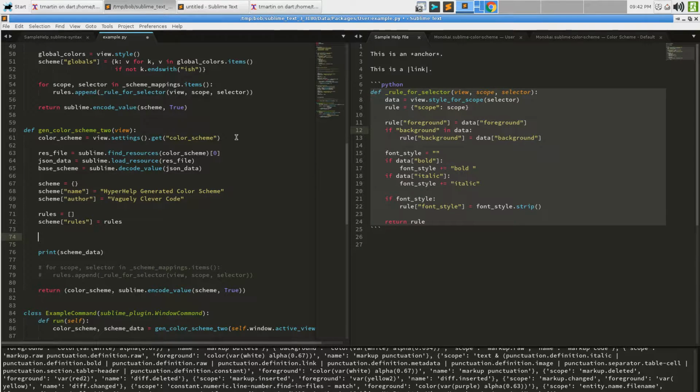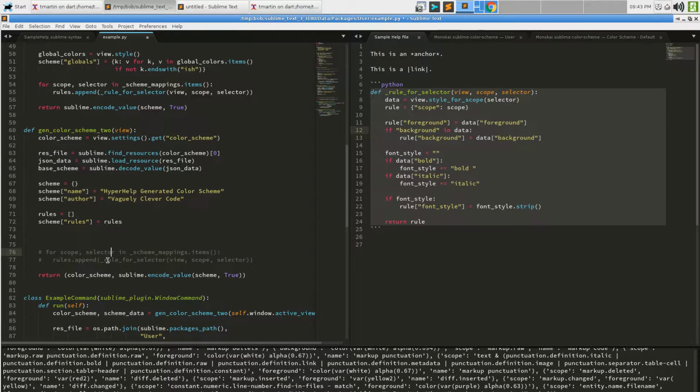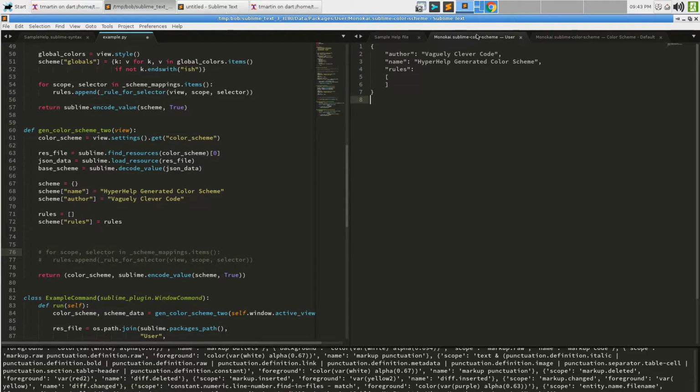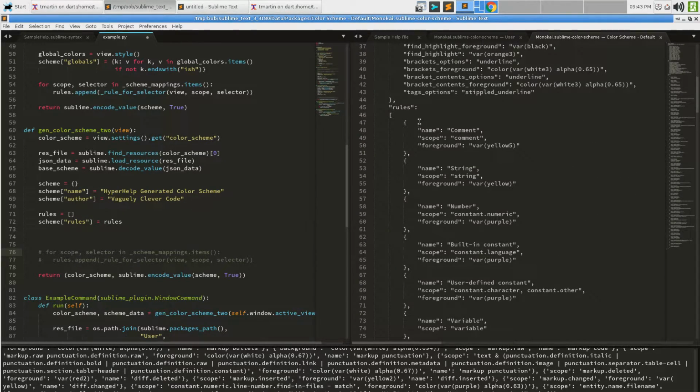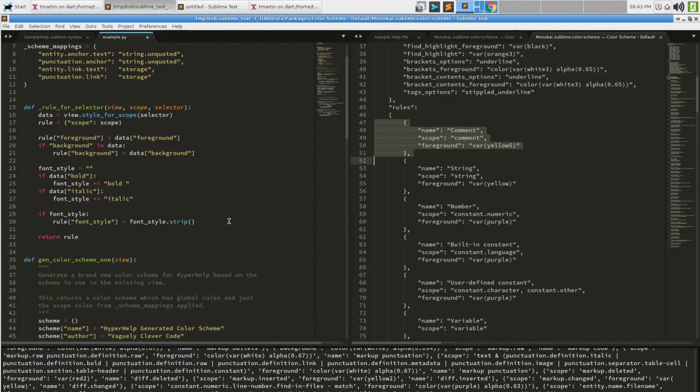And what actually do we want to do? Well, we actually want to do something very similar to what we have here, but we're going to be doing something slightly different because we can't ask the view for colors. So what we have to actually do is scan these rules to find one that matches the scope that we care about. Remember, this is the scope we're creating a rule for.